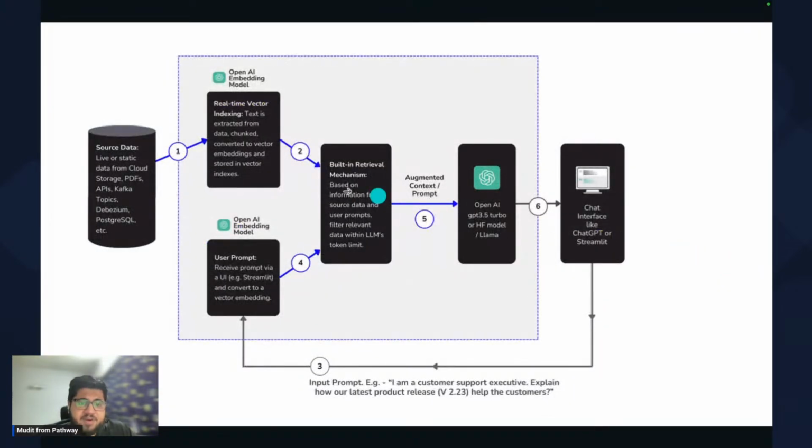Now, where does Pathway fit into the entire picture? There are two things. One, the RAG framework that Pathway has can do all of these things within the blue box. Not the chat completions, but the real-time vector indexing, storing that efficiently, retrieval, and those things can be done very efficiently with Pathway. If you're talking about using multiple agents, for example, multiple LLMs running in parallel, that would involve a good level of data processing, and Pathway being a good streaming framework solves that problem very well.